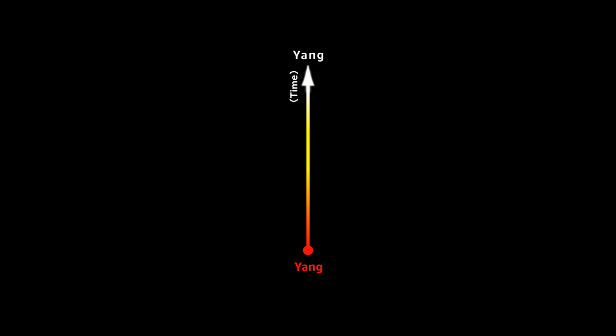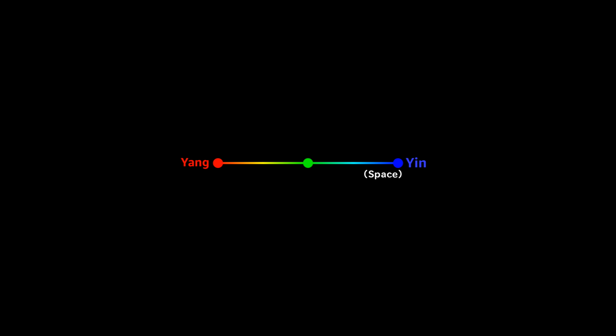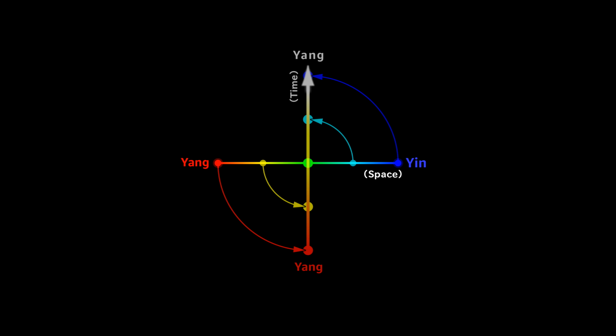That is the violation of CP symmetry. Space without time is static, which is yin. But, when the arrow of time is created from space, motion, which is yang, emerges. As we can see, space represents yin, and time represents yang. When the will of God, which is represented by clear light, creates time from space, the motion of the universe